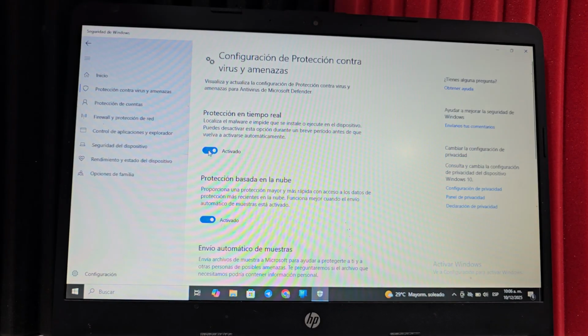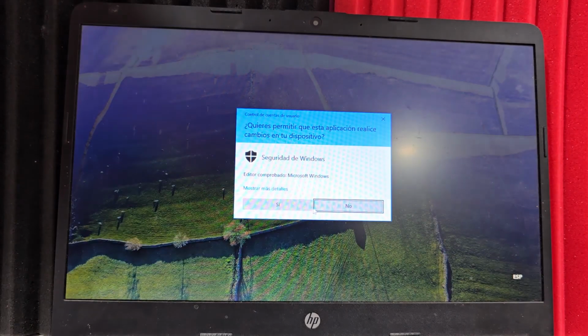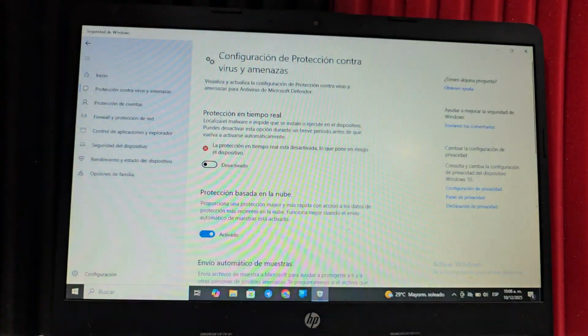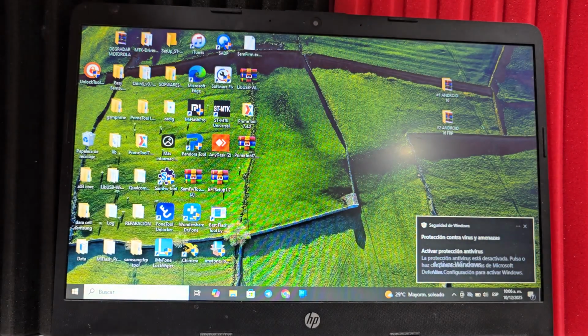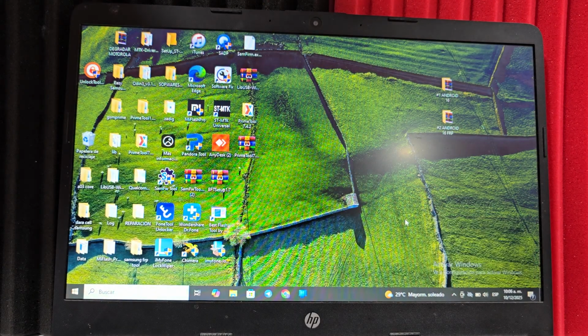Then we have to disable the first option that appears here, which says Real-Time Protection. That one has to be completely deactivated. Let's deactivate it. After we have completed that entire process,